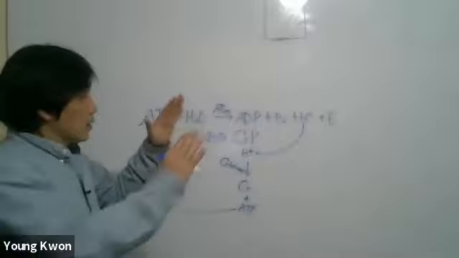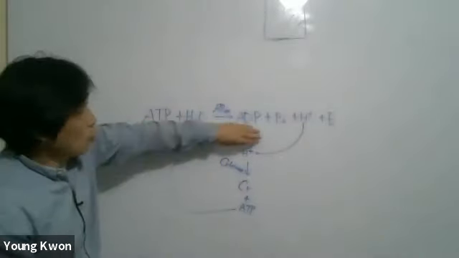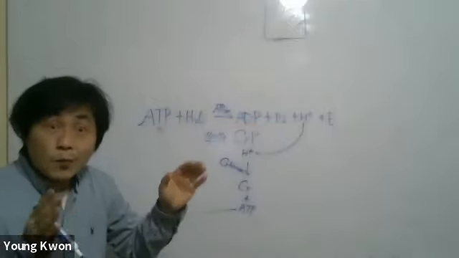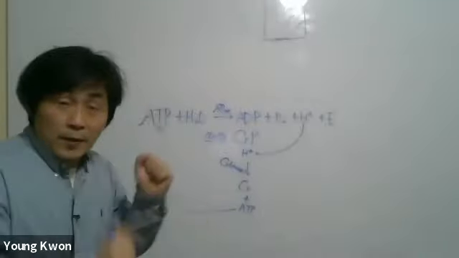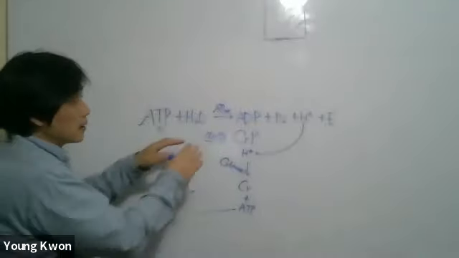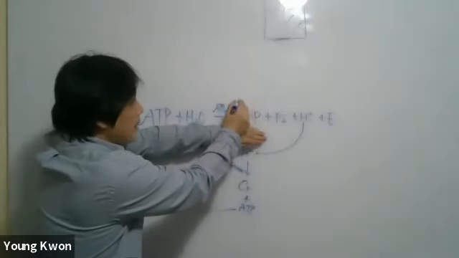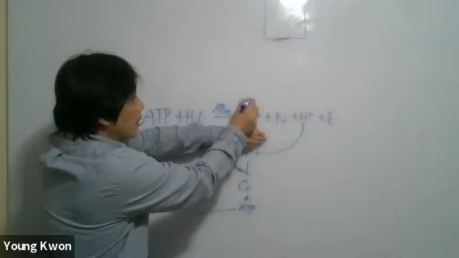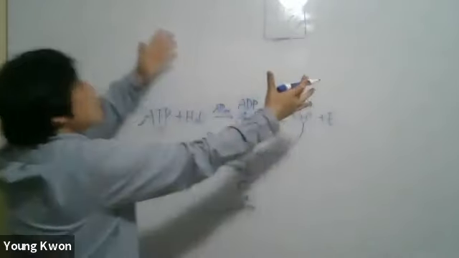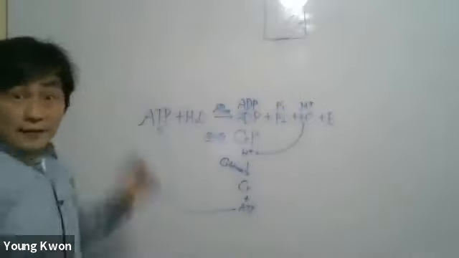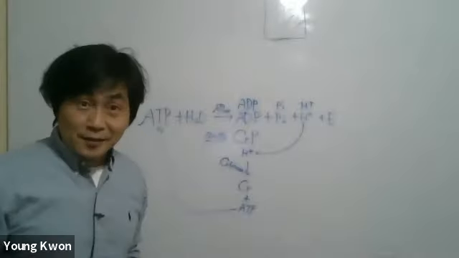So this reaction is good, but after 10 to 15 seconds, no more creatine phosphate. So we have a problem. But how about this person keeps exercising, keeps biking at high exercise intensity? In this case, no more creatine phosphate is available. In that case, ADP, inorganic phosphate and protons keep increasing. At that time, a very smart enzyme.